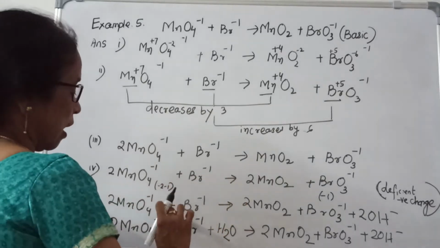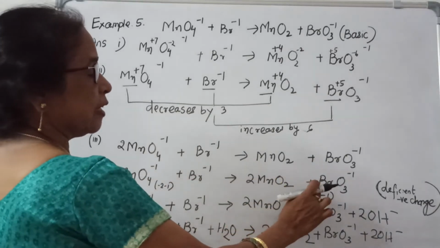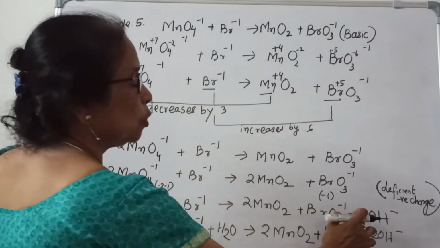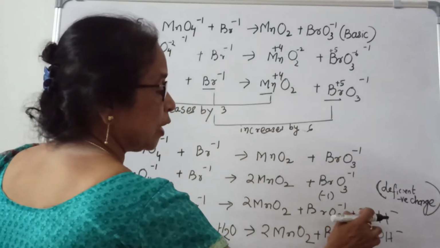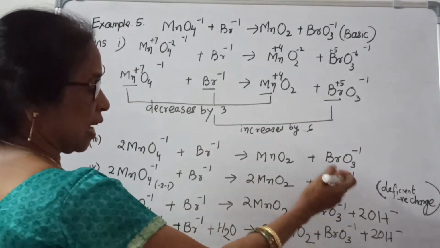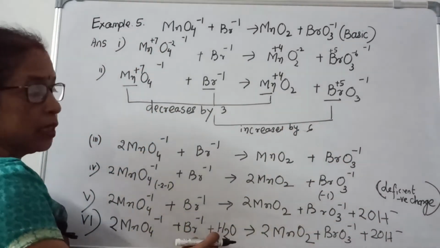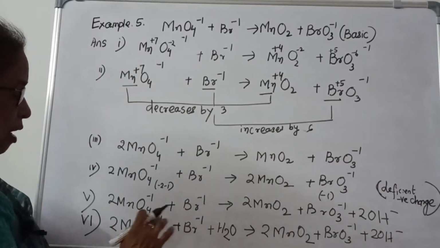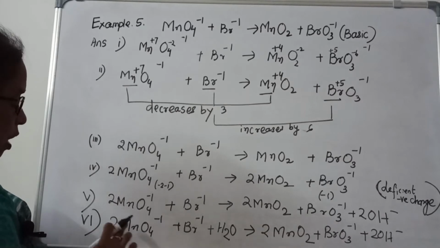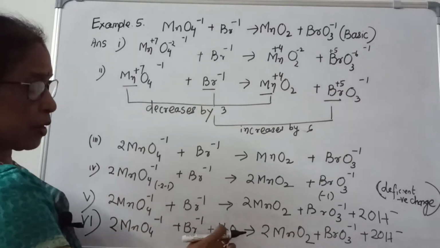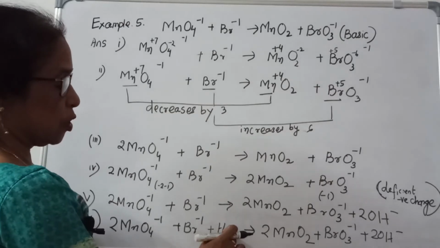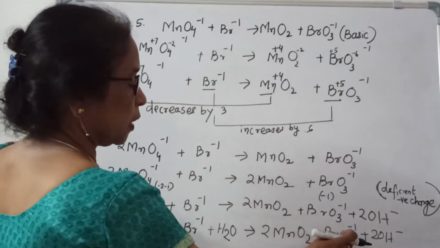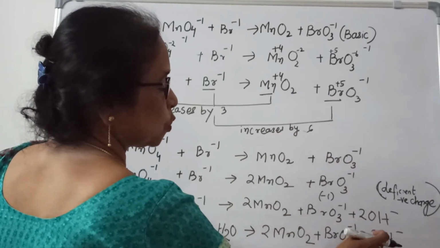Again see here the negative charge deficiency in the product side. How many times? 2 times. So 2 OH minus. Then how many hydrogen this side? 2 hydrogen, and that is why I will put water, H2O, because 2 H and 2 H are already balanced. Now I can check here 2 and 4, 8 oxygen, and in water 1, 9 oxygen, and here you can see 2 into 2, 4, and 4 plus 3, 7, 7 plus 2, 9.